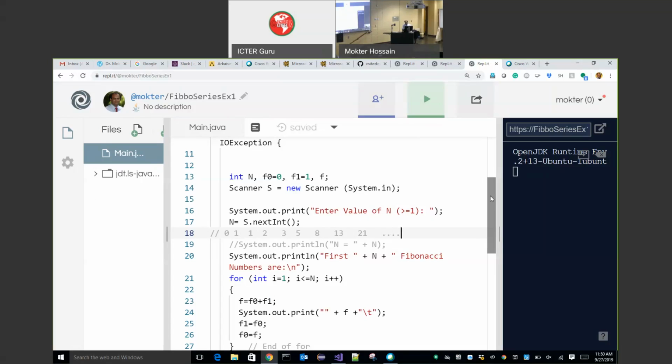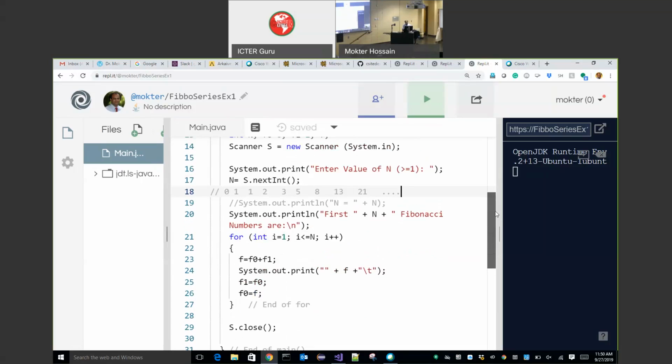So in this program, it's asking me to get the first n Fibonacci numbers. First 10, 15 or 20 Fibonacci numbers. Okay, so this is why I'm taking input n, but this is the main algorithm here.